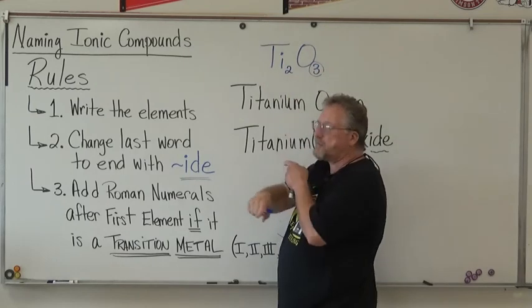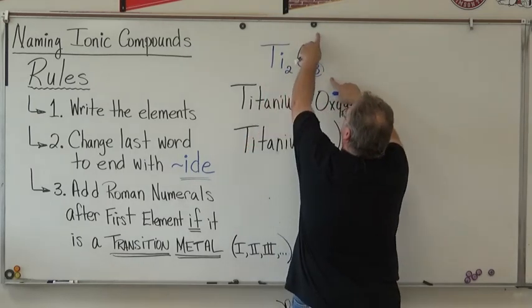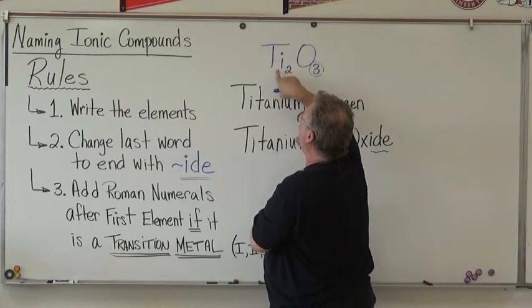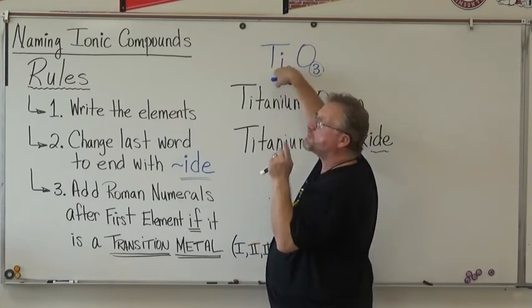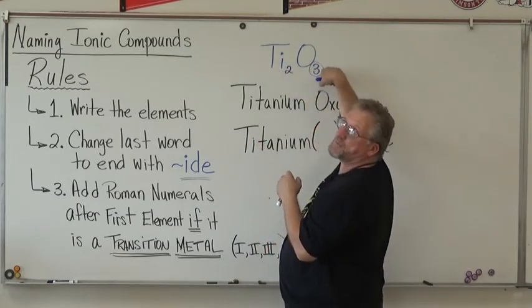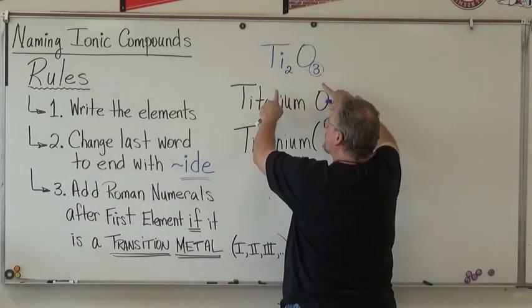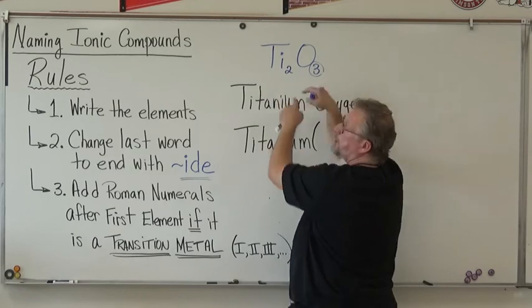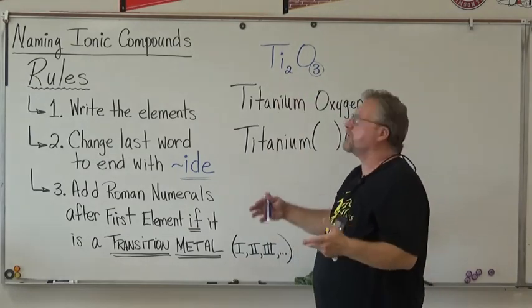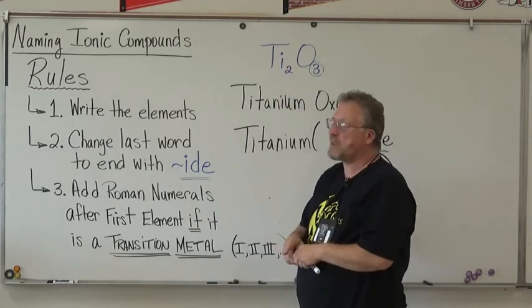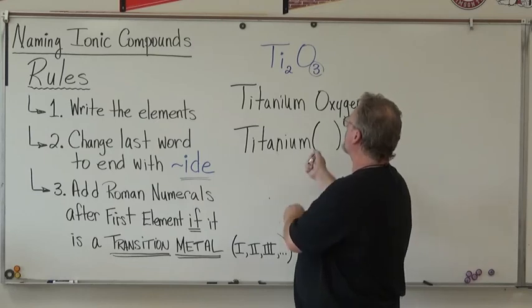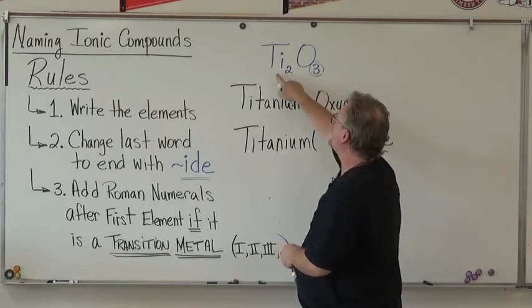Remember when we did the crossover? So the 2 used to be up over here and the 3 used to be over here. So this titanium really used to be a 3. That used to be titanium 3. It's just that once we did the crossover to create the ionic compound, we dropped the little numbers up there, right? So all you got to remember is you use the number on the other element,